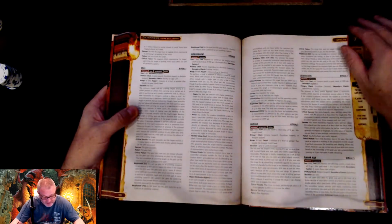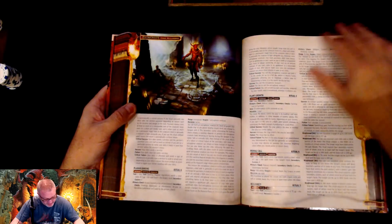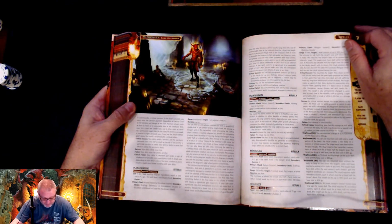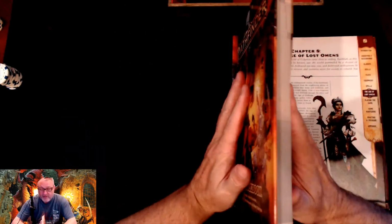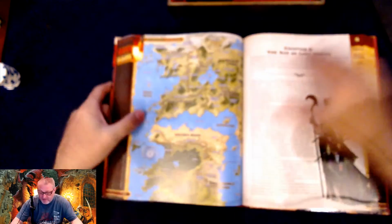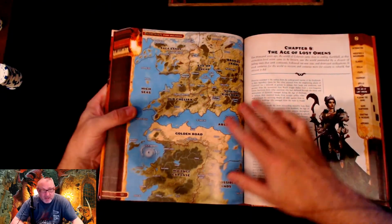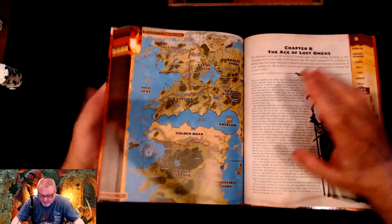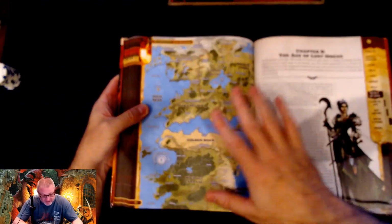Blight. Freedom. Imprisonment. Planar binding. Plant growth. Now, we've gone through quite a bit of this, but we still have quite a bit left, as you can see. We now get into playing the game. This is all about creating and giving your players different options. Now we're going to talk about the actual